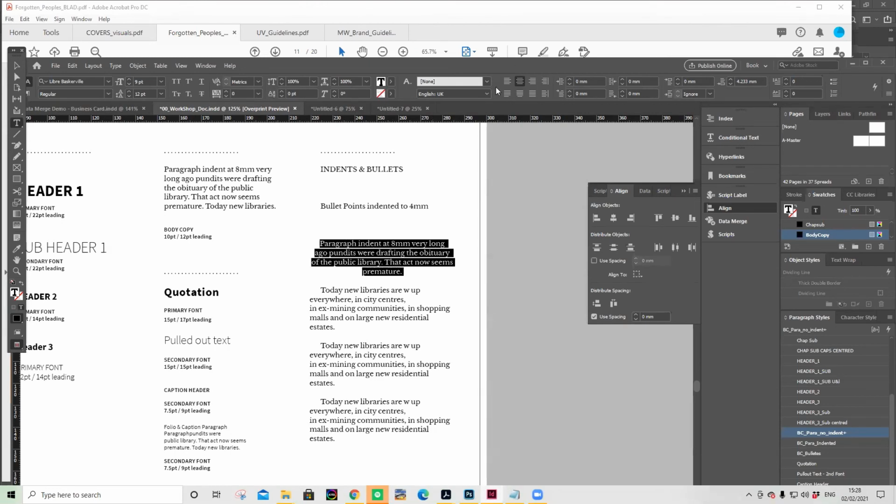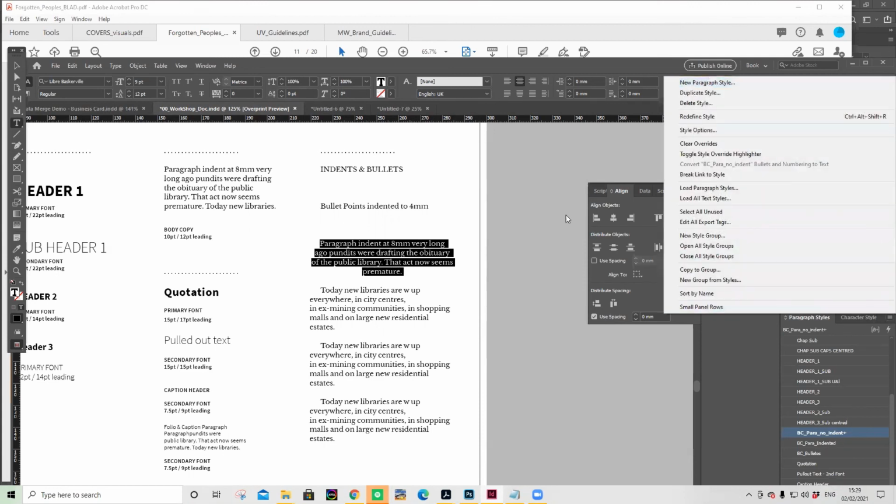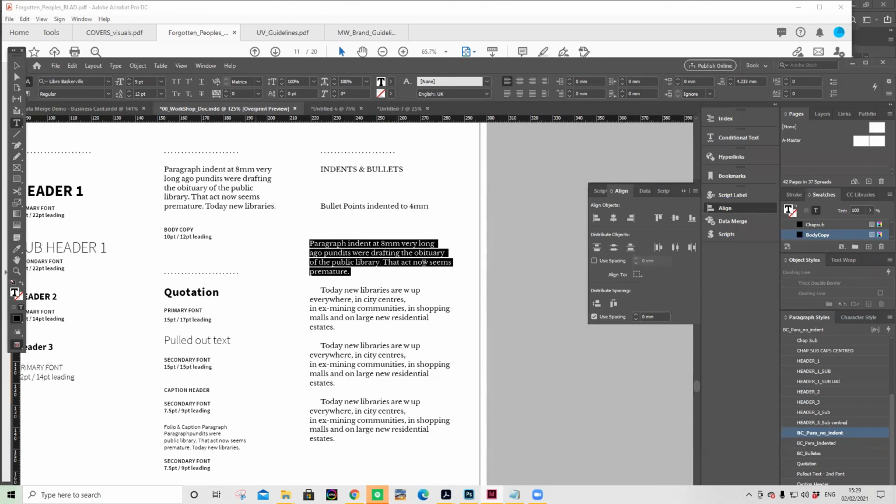Things start falling apart. If I know that I now need a paragraph that's centered, rather than doing a modification, I can just go new paragraph style, name it whatever it is, underscore centered. And I can either keep it associated with the body copy one or base it on the one that I've just made it from. Again, through experience, there's certain use cases where that works better in certain instances. If you ever want to go back to what the default is, you just hold Option or Alt and you click on it, and it will default and take all the modifications away and just put it back to